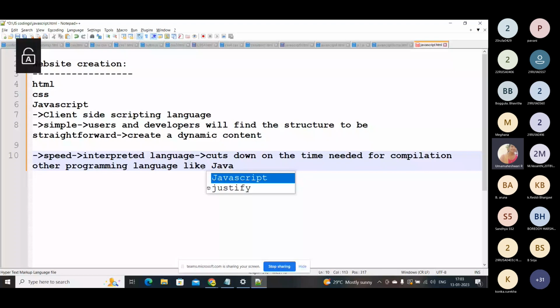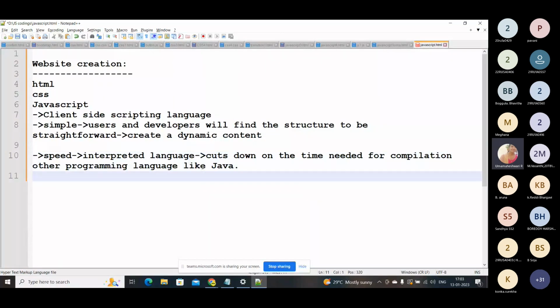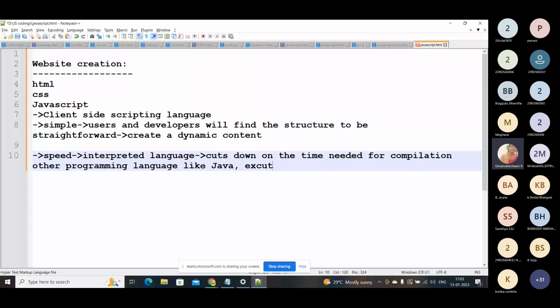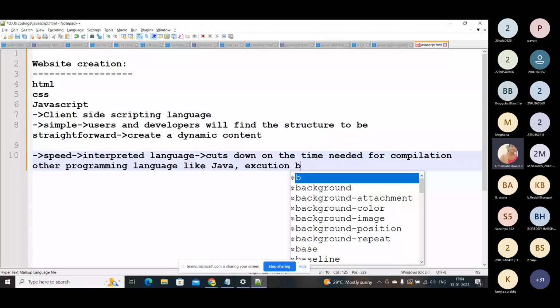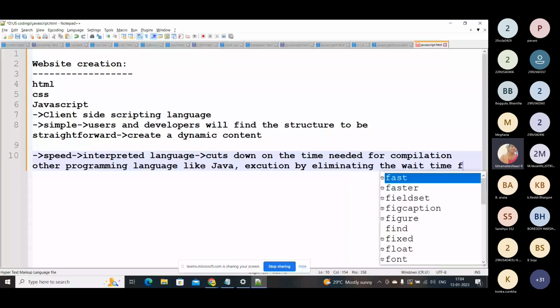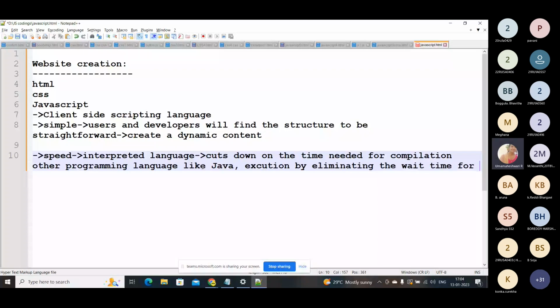Okay, and other client-side script is JavaScript. So actually it speeds up execution by eliminating the wait time for server connections. So we need to know the basics, right? So that's why I'm explaining this to you. And the next one is